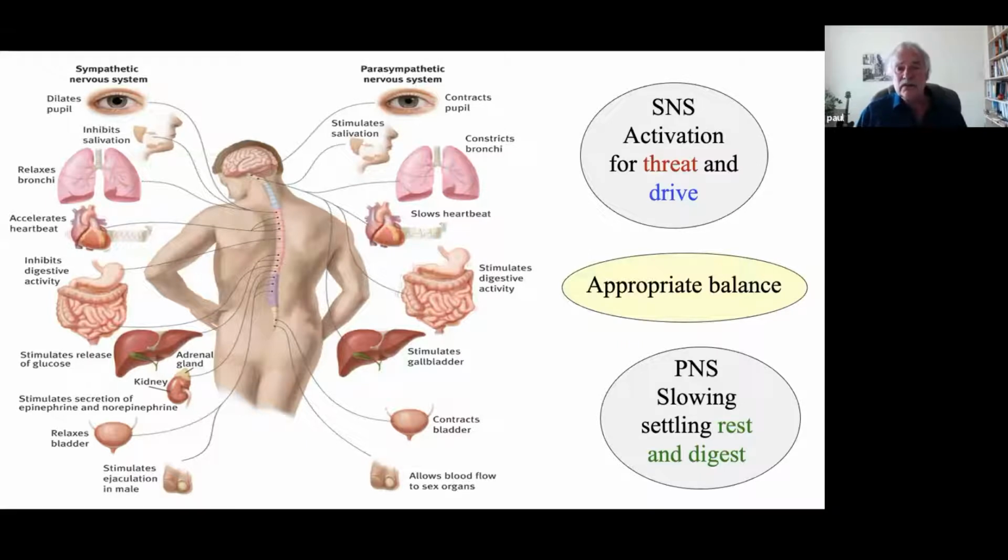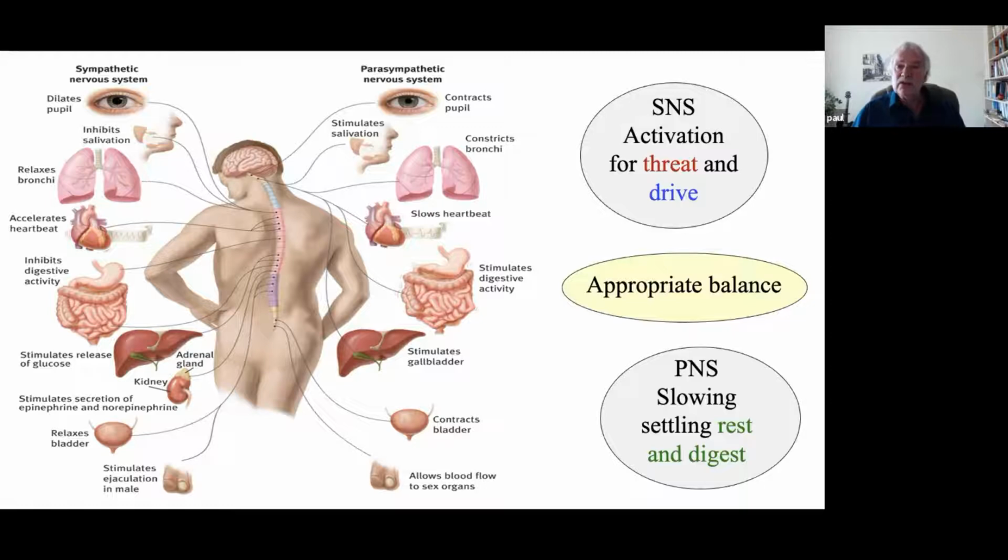Now, the other thing is that we've talked a little bit about the autonomic nervous system and how that is related to the activation and the slowing, the settling systems. And the idea really is what we need to do when we're in very stressful situations is, as best as we can, try to maintain some kind of balance. Now, this can be extremely tricky, obviously, if you're rushing around or trying to do things and working in the various services and so forth, or if you're very anxious about the virus or whatever it is. But the key thing is using some of the techniques we've been looking at to help you. They're not magic, but they can help you.